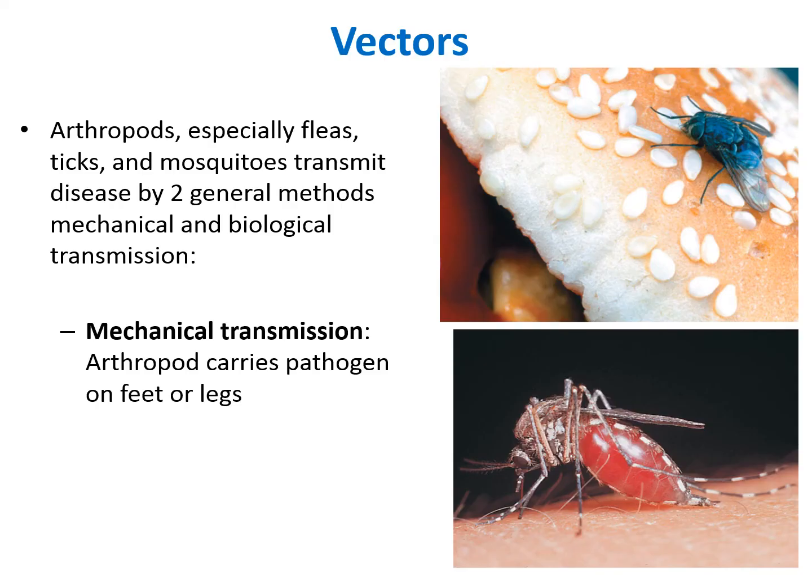Vector transmission occurs when arthropods such as mosquitoes, ticks, fleas, cockroaches, sandflies, or houseflies transmit infectious agents either by mechanical or biological means. Mechanical means that the arthropod picks up a pathogen on its legs, leg hairs, or feet as it walks across a contaminated surface, and then it wipes those pathogens off onto other surfaces that it may walk upon. In the developing world, cockroaches and houseflies have been identified as significant transmitters of medically relevant microorganisms and parasites